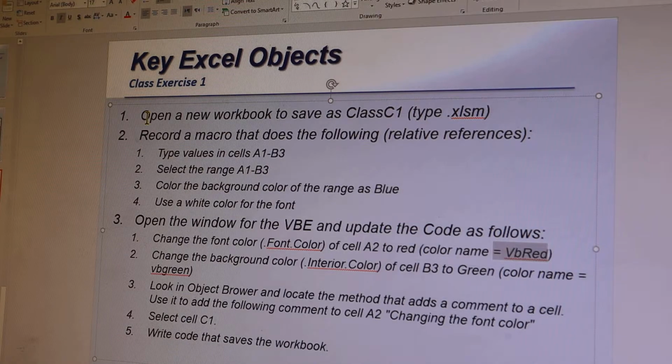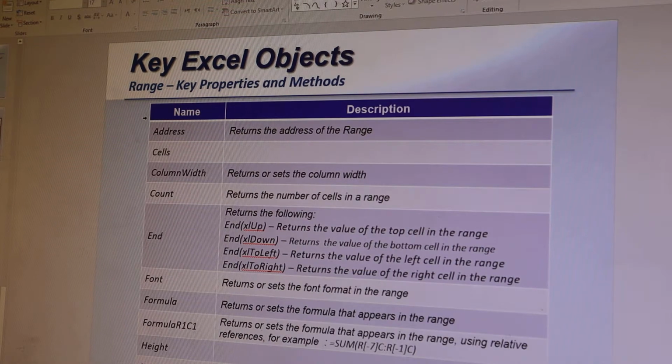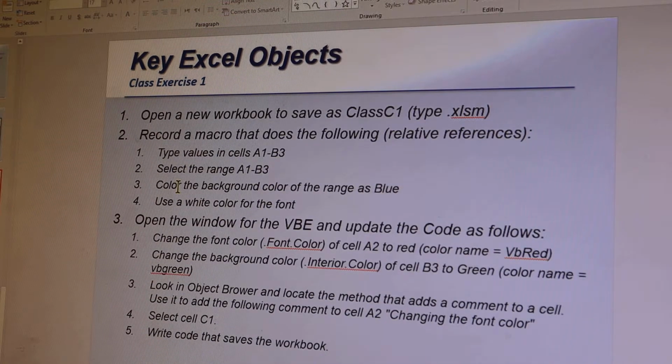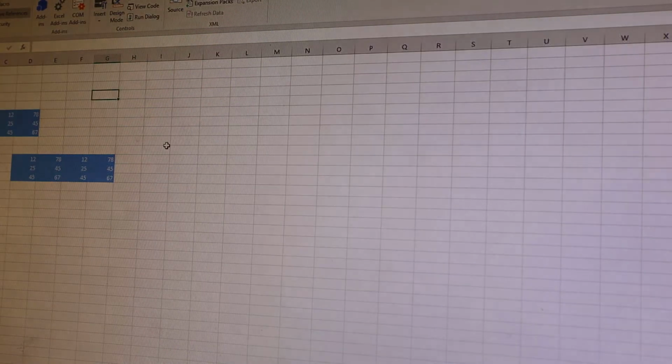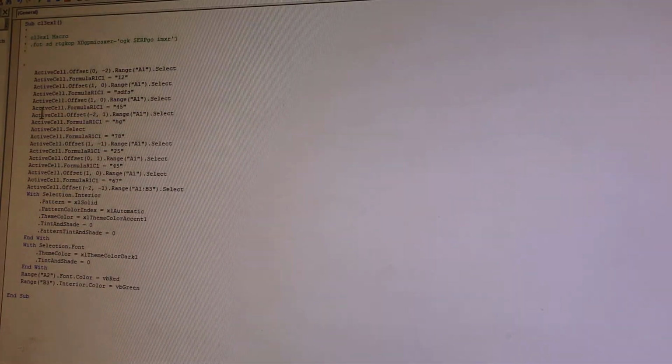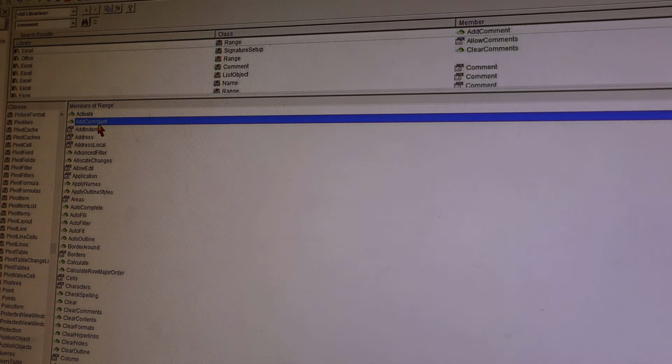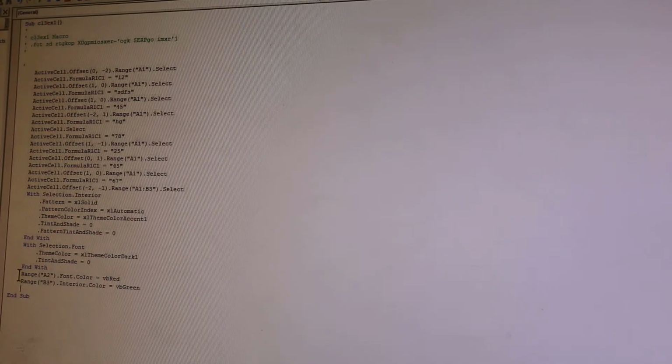Questions up till now? Can you explain again anything on the comment, please? The object browser allows me to find the right command to do specific things. For instance, if I want to add a comment, I can go to the browser and find it by writing comment. This is the action that I'm looking for, add comment. And now I can go back to my module and say, for instance, for range